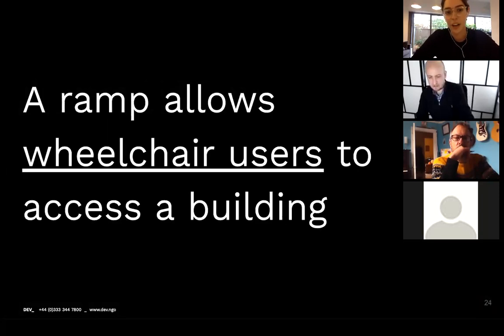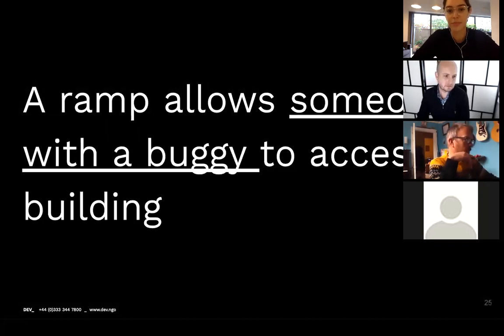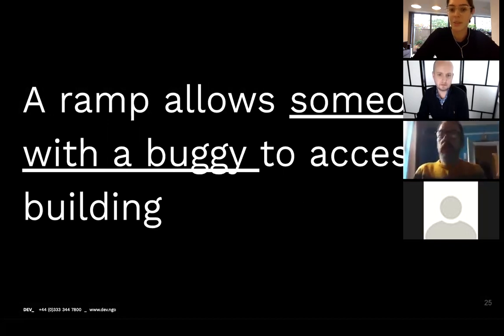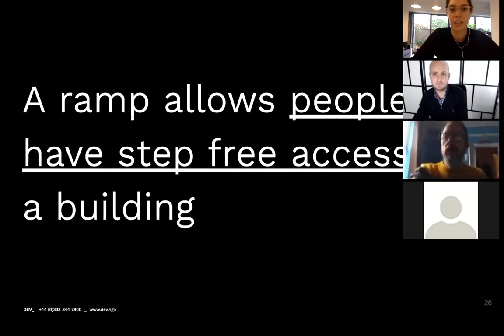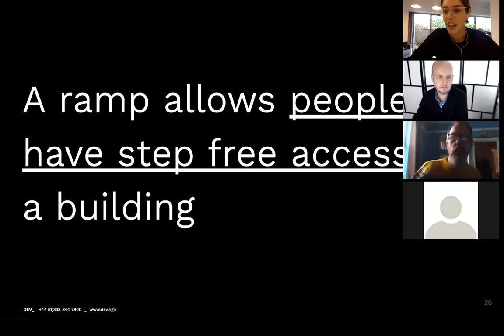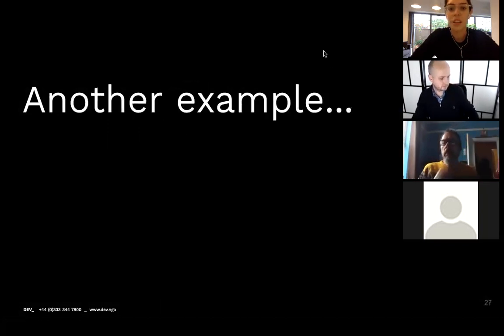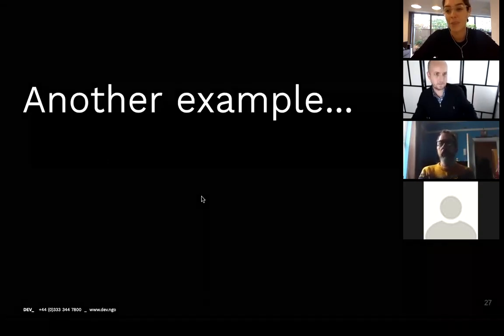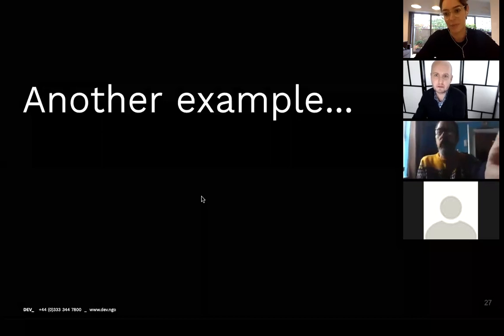So for example, a ramp allows wheelchair users to access a building. And it also allows somebody with a buggy to access a building. And I think the point here is that ramps allow people to access buildings. So another example